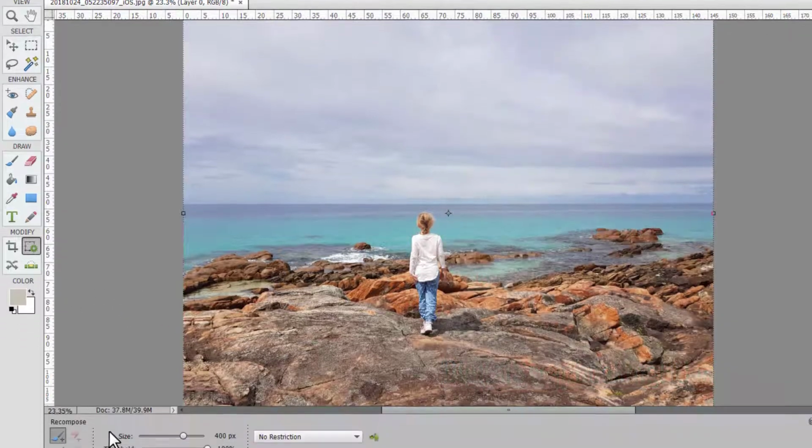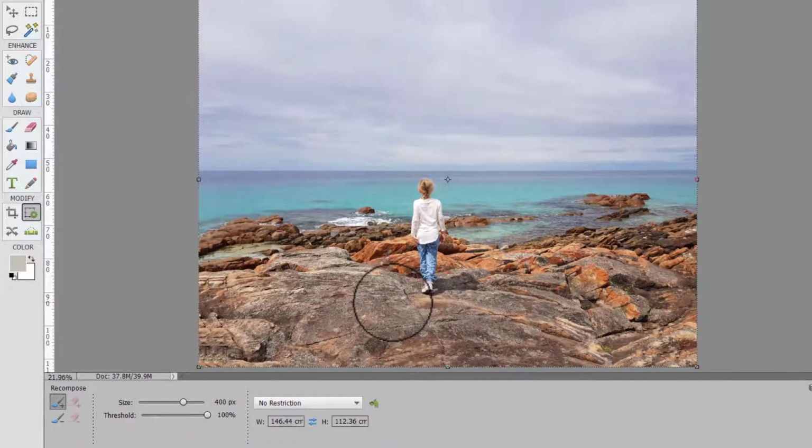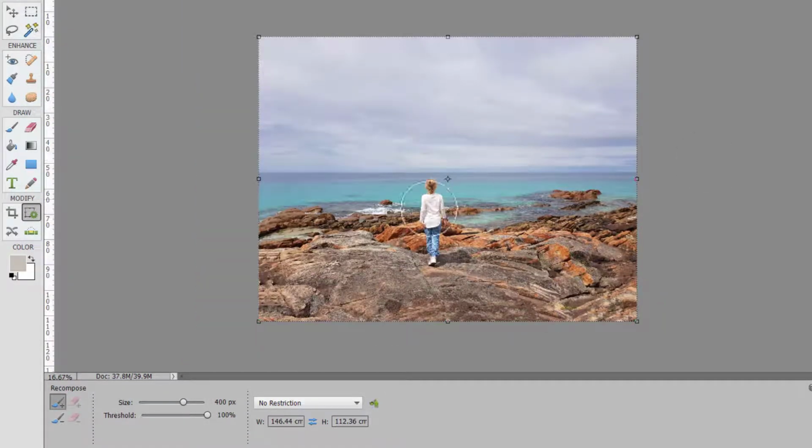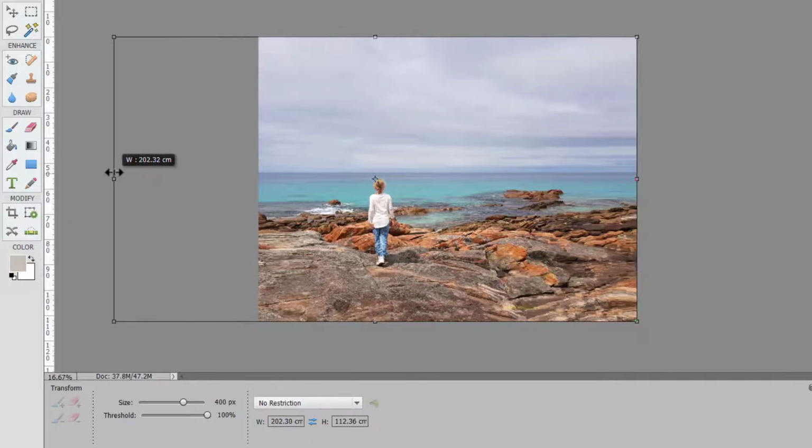So what I'm going to do is resize this image to make it more panoramic. So what I want to do is protect some areas of the image. So I'm going to paint over the things that I want to remain the same. And then I am just going to click and drag to make it a panoramic image. So we can just use any handle here. And then we can click on the check mark and it has now resized our image.